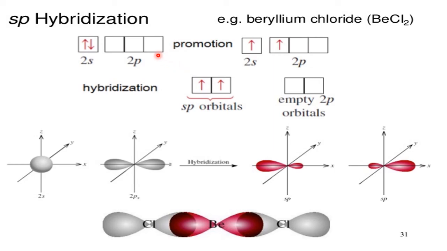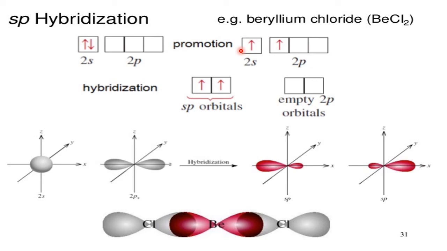Now one more point is here. Which orbitals have undergone the hybridization? It is one s orbital, only one s orbital. What I am saying here: number of s orbitals 1, number of p orbitals 1. So one s orbital, one p orbital, so totally 2 are undergoing hybridization. So one s, one p, totally 2: sp. Because these two orbitals are undergoing hybridization, this is called sp hybridization.